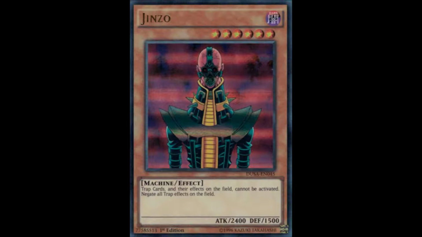It's a level 6 with 2400 attack and 1500 defense, and trap cards and their effects on the field cannot be activated. Negate all trap effects on the field. And yes, this is what the entire archetype is going to be based around, negating and locking out the opponent from using trap cards. Now, this was a huge deal in the early meta because the game was heavily reliant